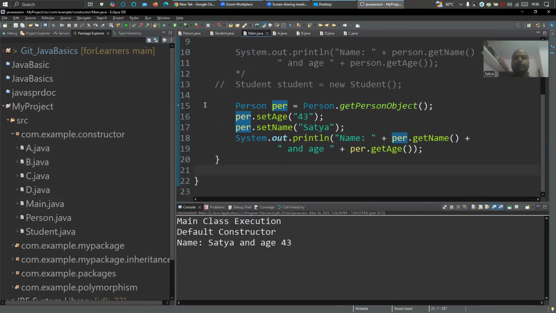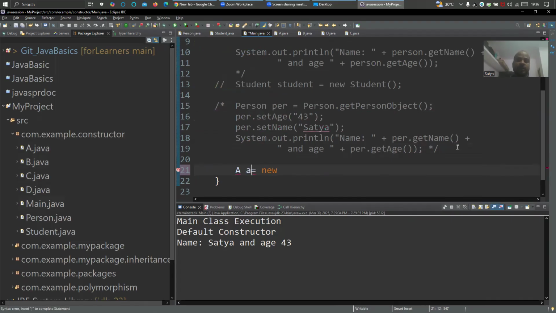So let me comment out this piece of code, line number 15 to line number 20. Line number 21, I will do A equal to new